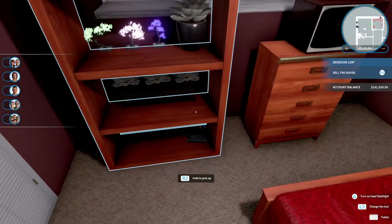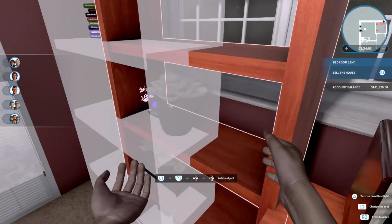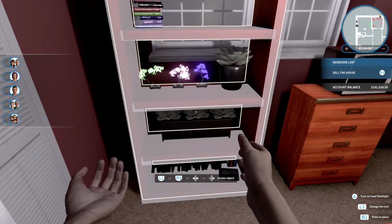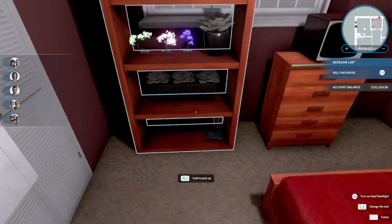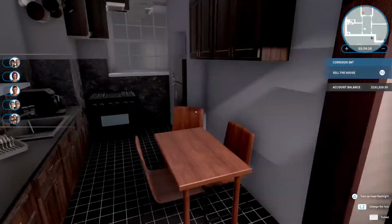Whatever. Like I said in my last video, I don't care that much. Quite honestly, it doesn't really matter to me. Whatever. I'm not gonna bother with this room anymore. Anyways,